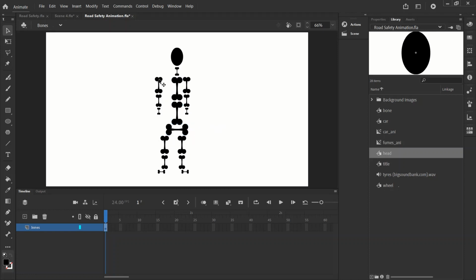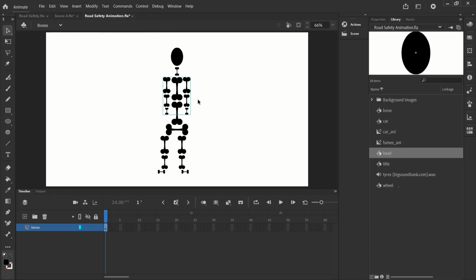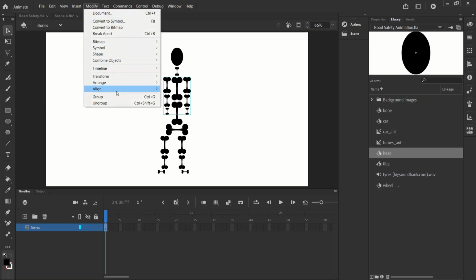Now the arms, I'm going to move into place with the arrow. And then to make sure that both sets of arms are equal in distance away from the center of the body, I'm going to select all 6 parts together, and I go modify group, and then Control-Alt-2. Okay, moved it very slightly, but at least I know now that the right and left arms are both equal distance from the center of the body. Then I'll select our group and modify ungroup,